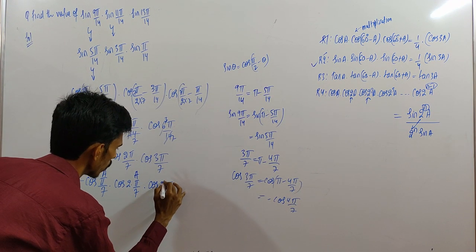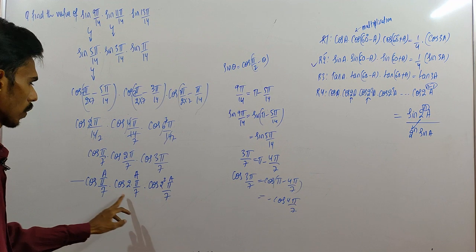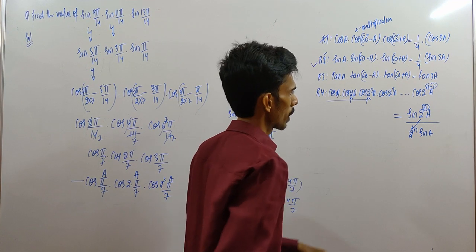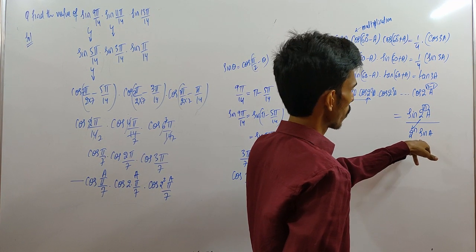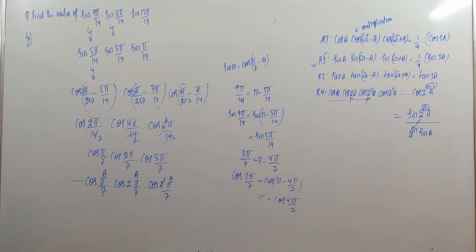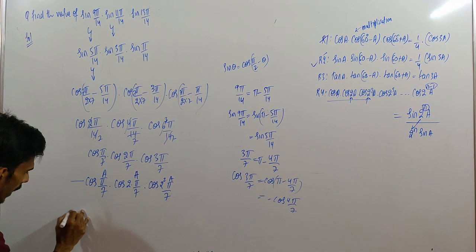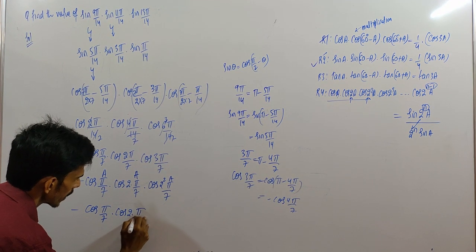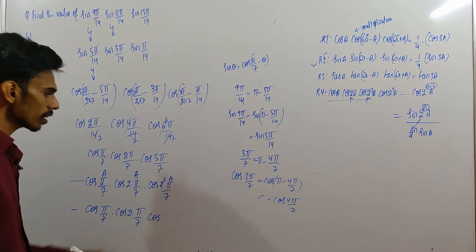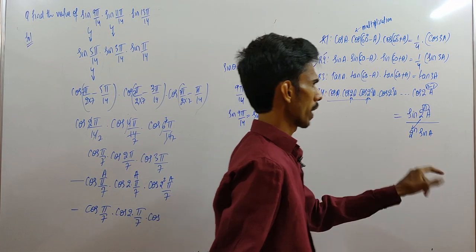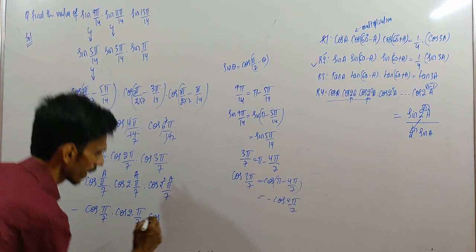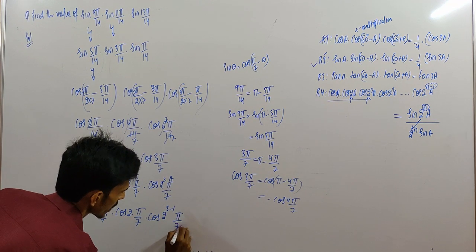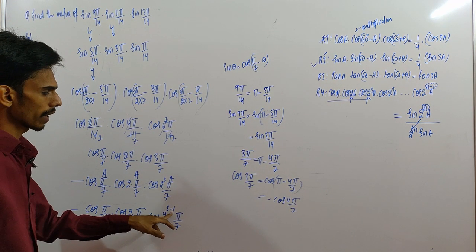So we can write 2 square a. Cos a, cos 2a, cos 2 square a. The value of cos a, cos 2a, cos 2 square a can be written as sin 2 power n a by 2 power n sin a. So write down one more time: cos pi by 7, cos 2 into pi by 7, into cos, here we have n minus 1, minus 1 is required. So 2 can be written as 2 power of 3 minus 1, pi by 7, because we want minus 1 here. So 3 minus 1 is 2.